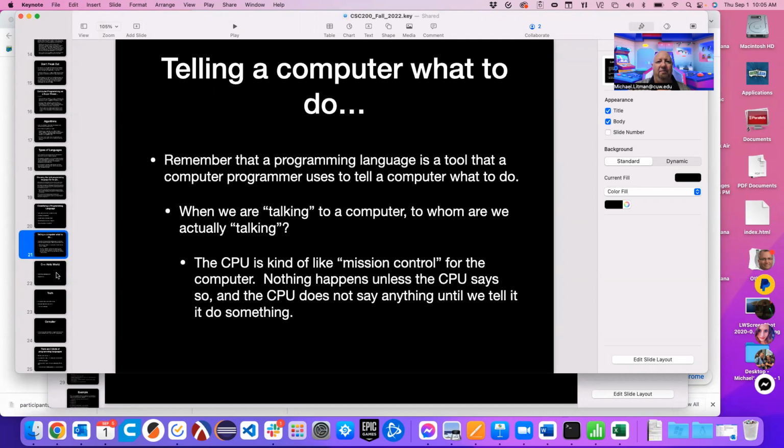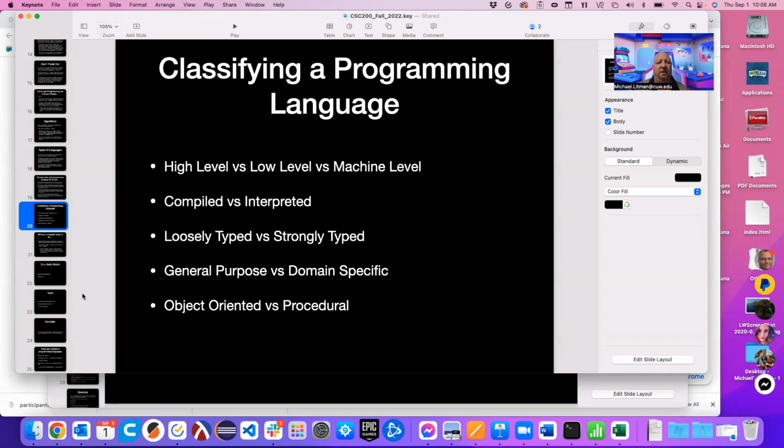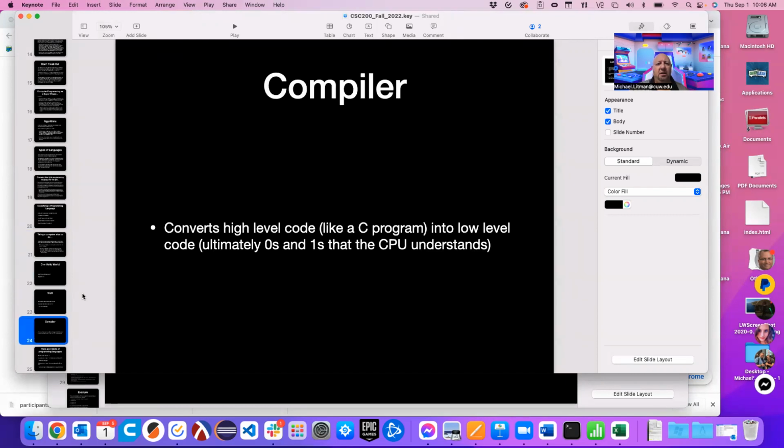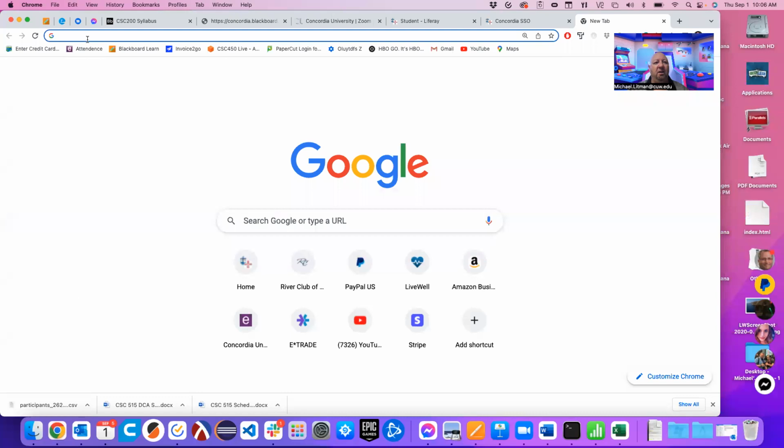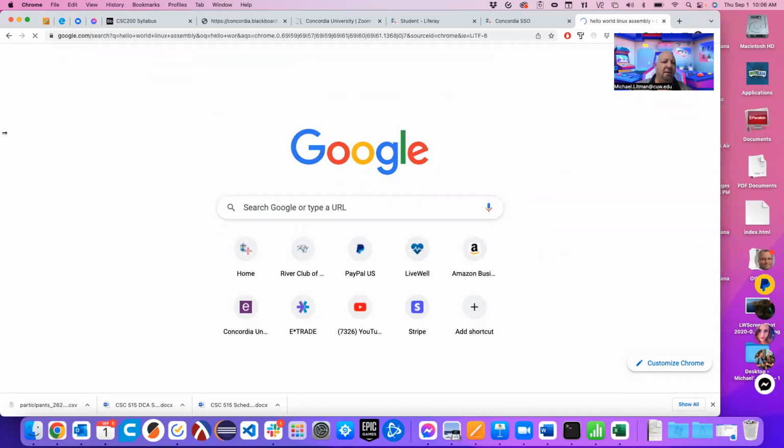So let's see, at the end of class last time, we had just looked at the Linux assembly of Hello World, right? Gone through and kind of saw the low level language. We were talking about the different ways of classifying languages. Looked at low level, high level. So I think we wrote a Hello World program in C. Saw that it was really just one line of code outside of a couple of fluff wrapper things in C to make the program work. And then we went and looked at Hello World, and I'll bring that up again real quick. Hello World, Linux assembly.